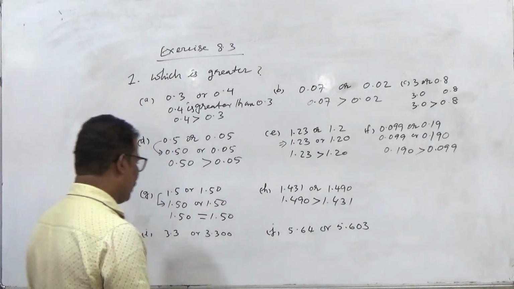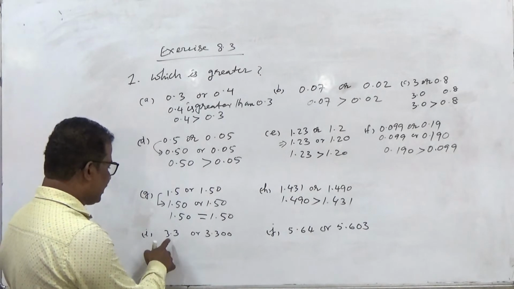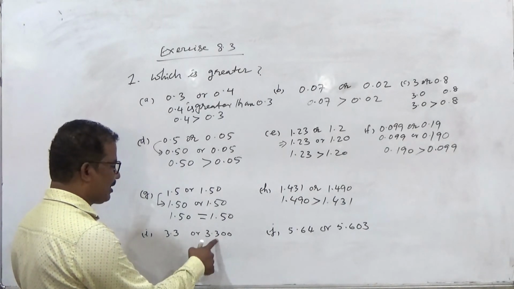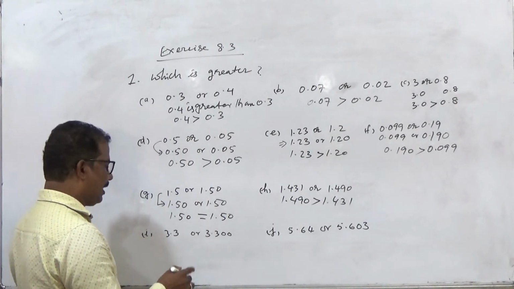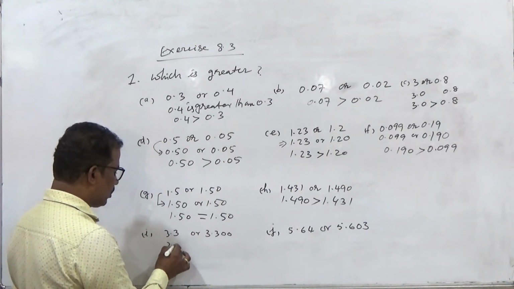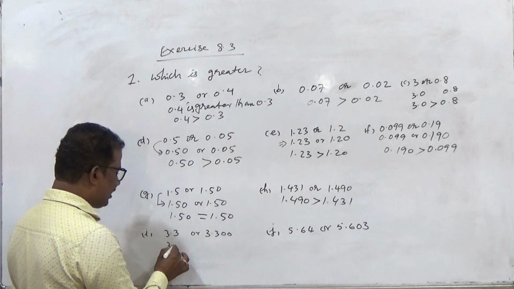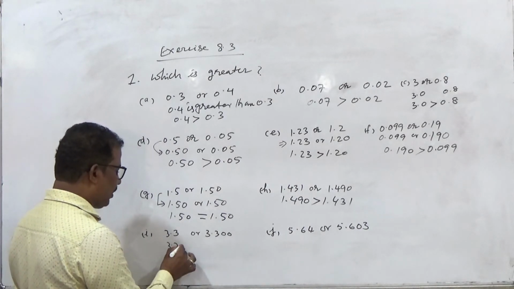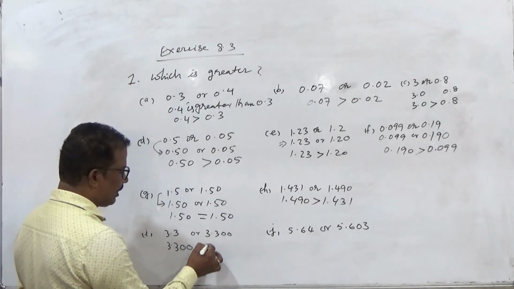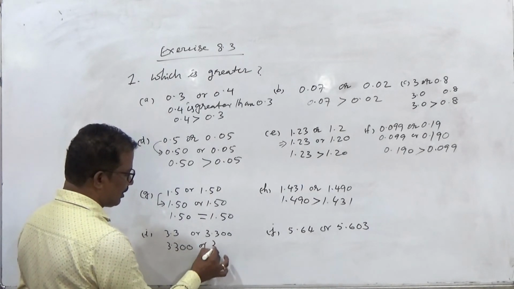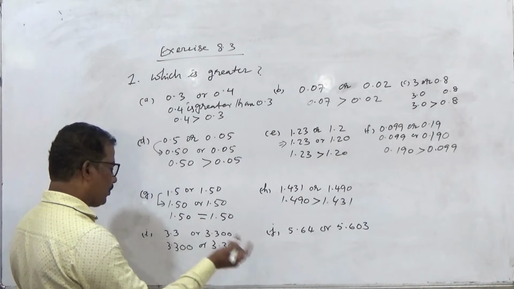1.431. Okay. Now in the next question, it is 3.3 and 3.3000. Both are unlike decimals. We have to first convert them into like decimals by adding zeros in the decimal place. Here in the 10th place, 3; for the 100th place nothing is there, so 0; 1000th place also nothing is there, so 0; and here 3.300 is given. Now we can compare.